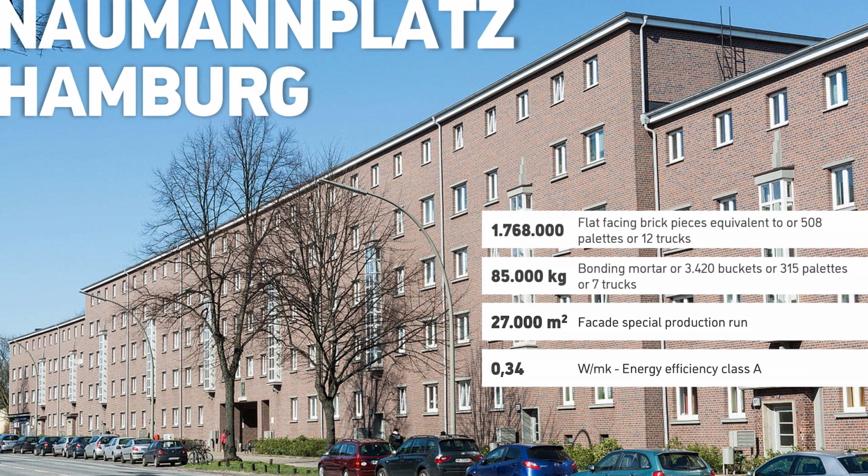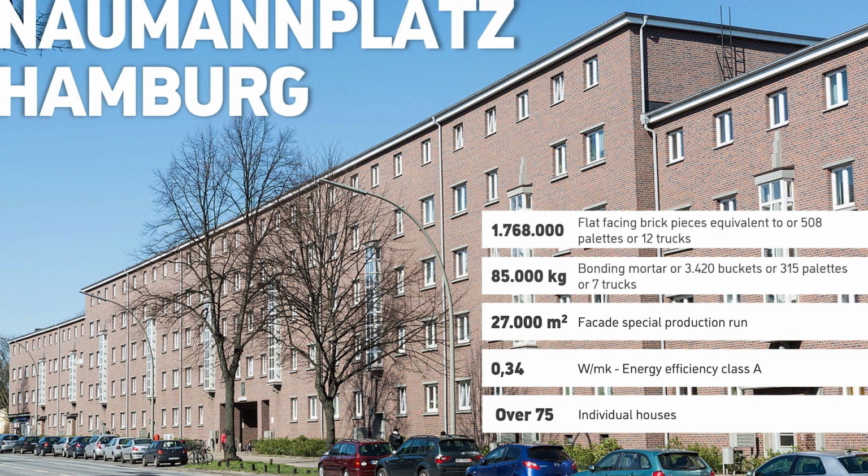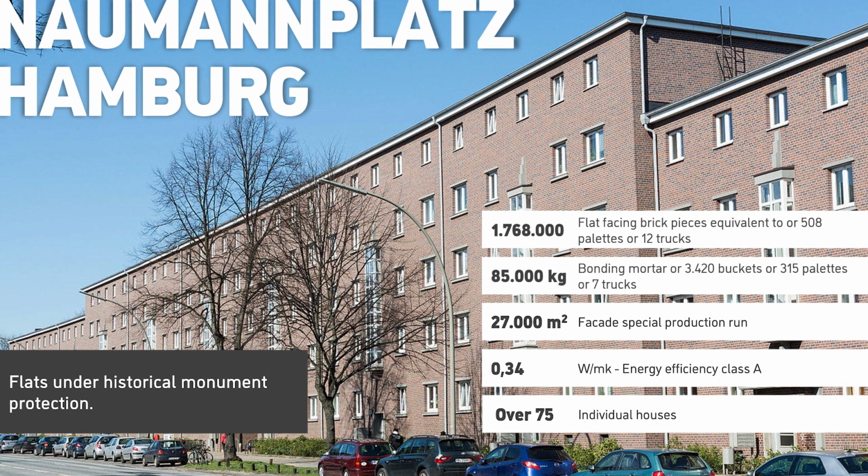The surface of this building was coated using insulating material, an original Meldorfer. Over 75 apartments in this building have been renovated with our product. Original Meldorfer were not only used for the exterior facade on the building, but also for the inner courtyards, which